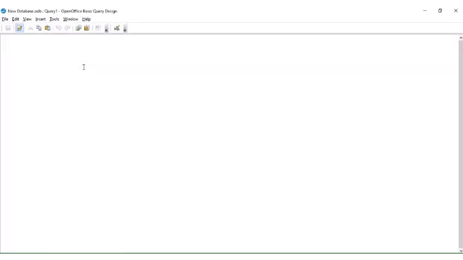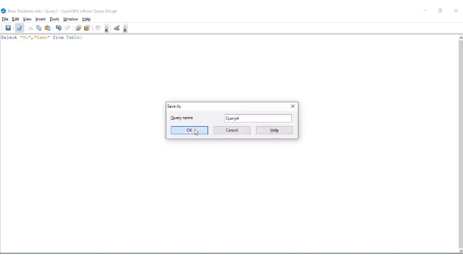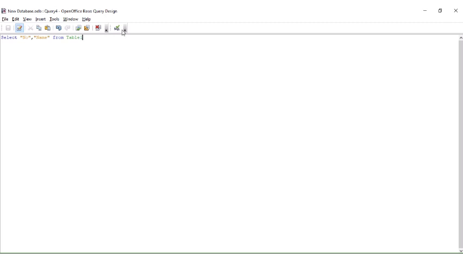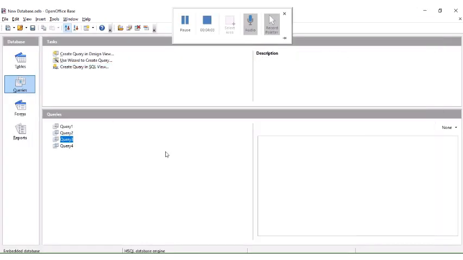So over here you have to write the whole command, for example like this way, select number, name from table 1. So here what I have done, I have selected number field and name, and from where? From table 1. So save, OK, and just run this SQL command directly. So alright, look at here,